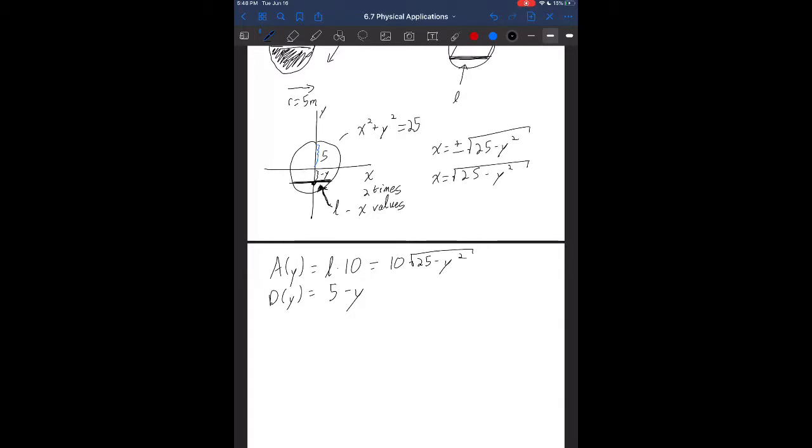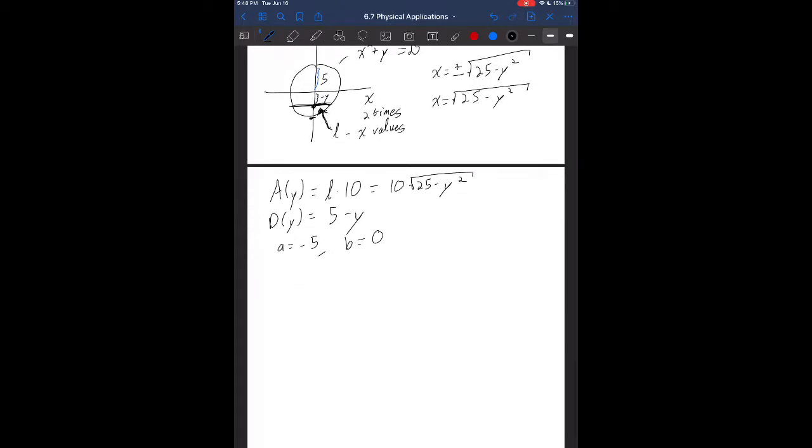So at a y value of negative 1, so a bit down from the middle, we're going to have to go up 6 meters to get out. And finally, our a value, which is going to be our lowest value down here. We know we have a radius of 5, so a is going to be negative 5, and b is going to be 0. So taking all of this, plugging everything into our formula, we get that this is the integral from negative 5 to 0 of rho times g times